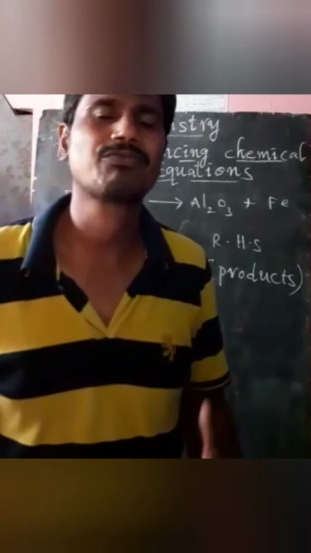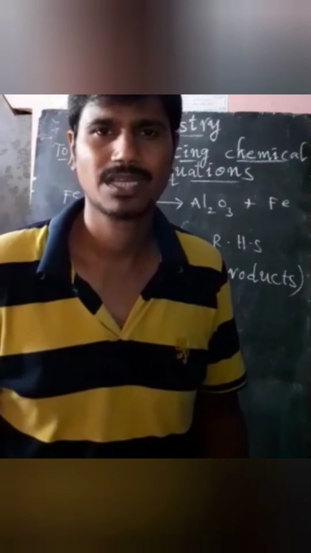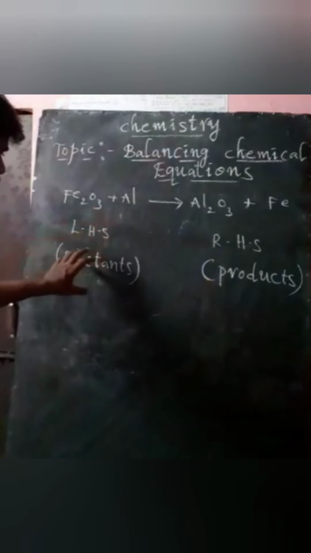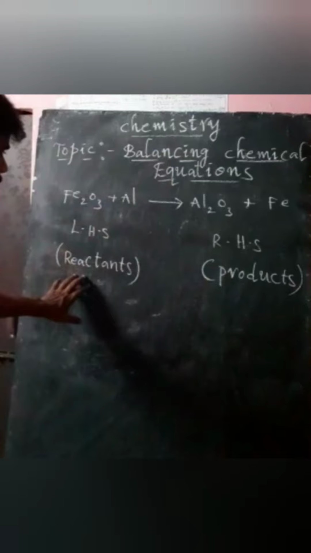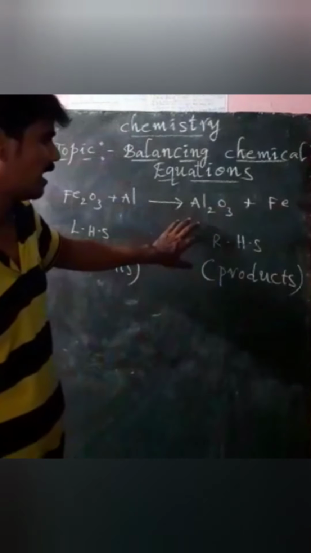What about the RHS side, the products? After a chemical change, new substances are formed. Those newly formed substances we call products. Here Fe2O3 and aluminium on the LHS side are reactants. Here Al2O3 plus Fe on the RHS side are products. So now